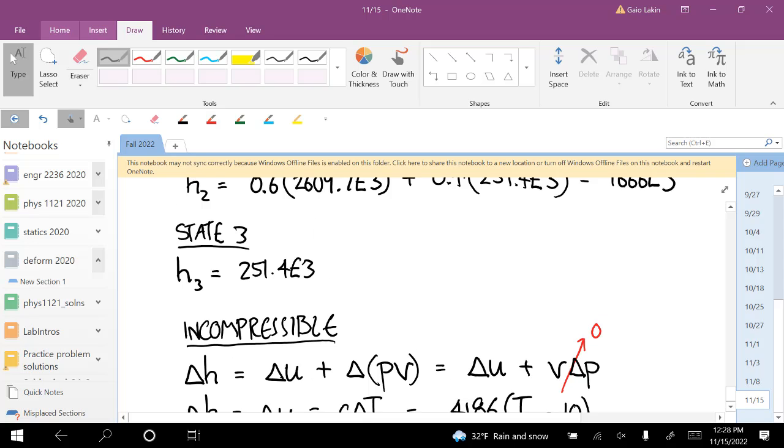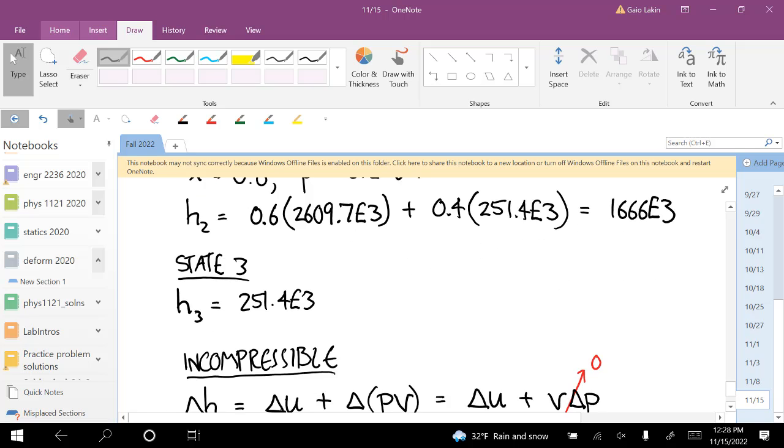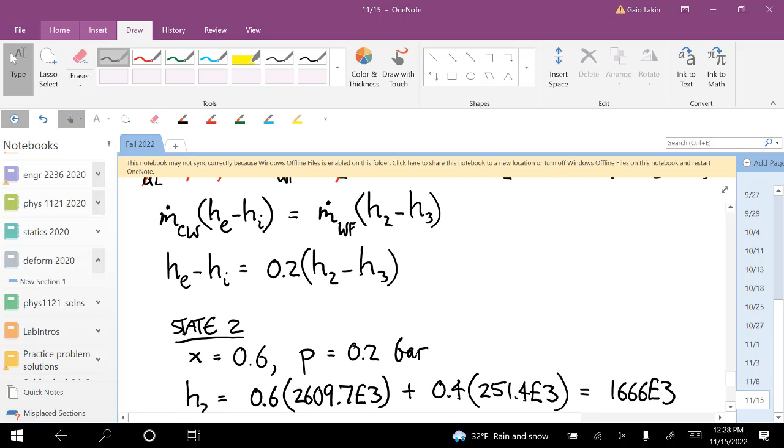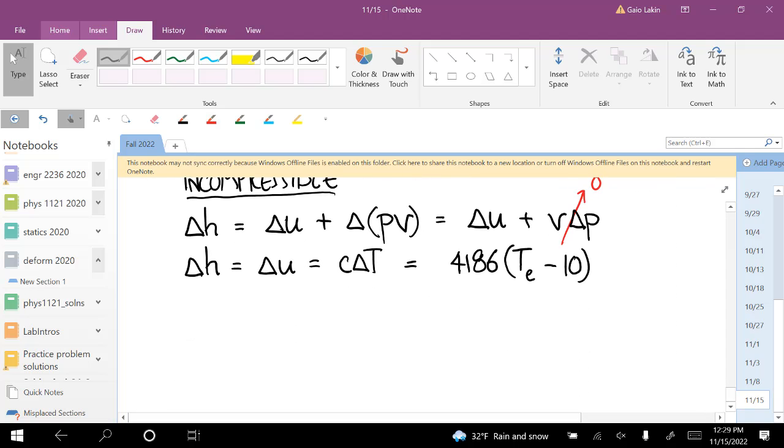And so go back to this equation. This He minus Hi is just that change in enthalpy that we just came up with an expression for. So we have that 4186 times the quantity Te minus 10